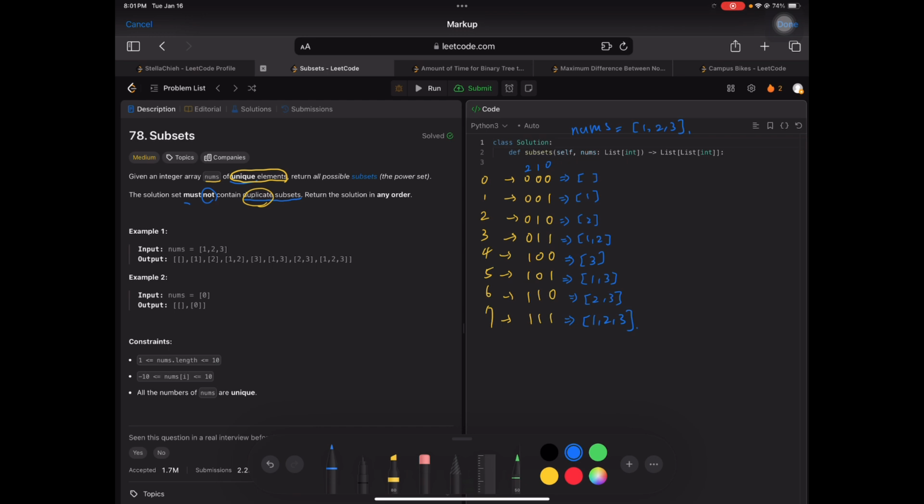Okay, so we can turn the number from the decimal representation into the binary representation, and then using some bit manipulation to take every digit in the binary representation, and check if that digit is 1, then we want to take the corresponding number in the nums to put that into the subset. Okay, so how do I